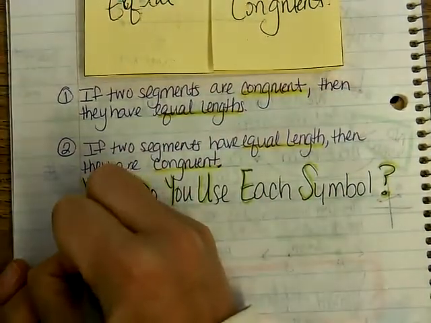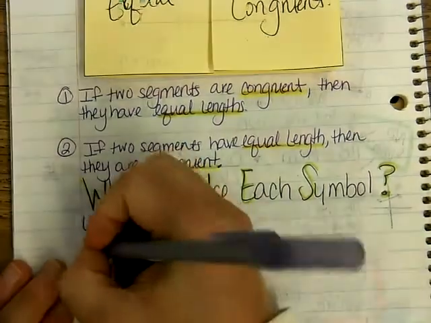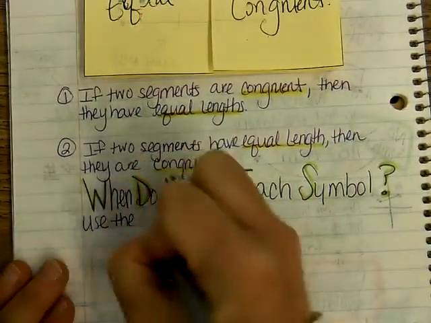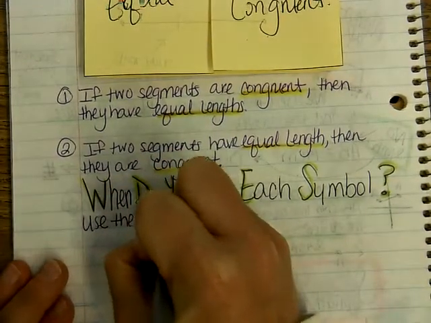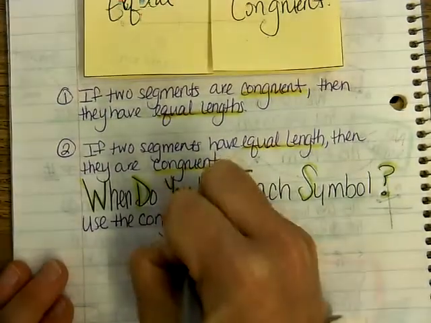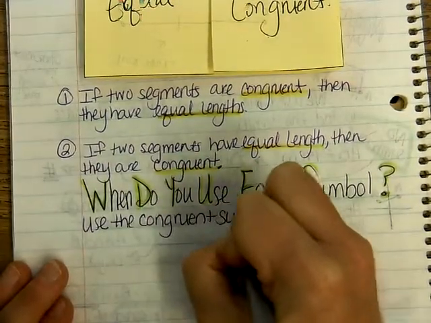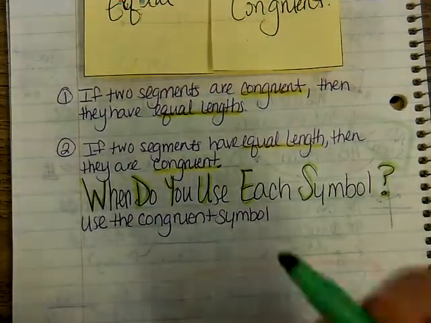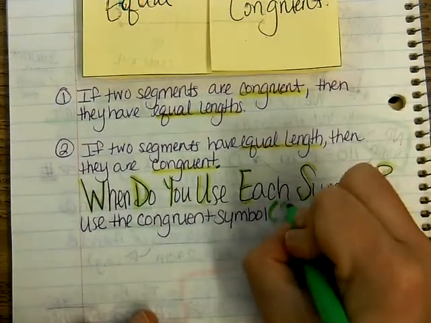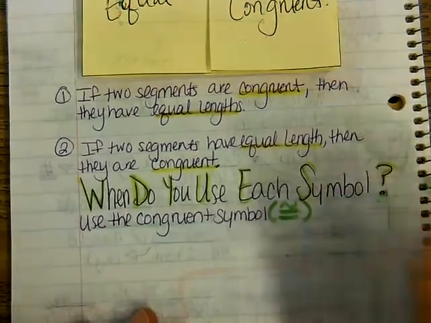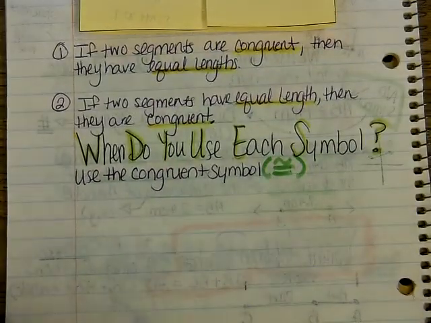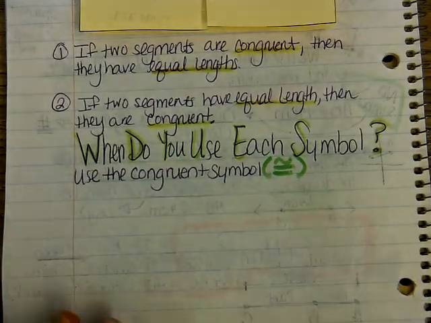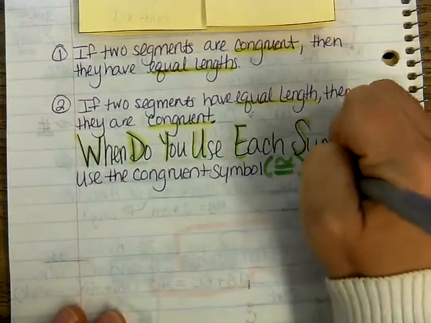So you're going to use the congruent symbol, which once again looks like this. You're going to use the congruent symbol when describing a relationship